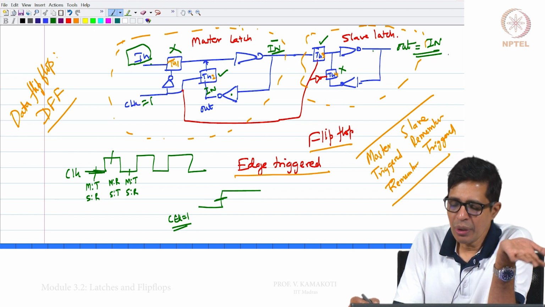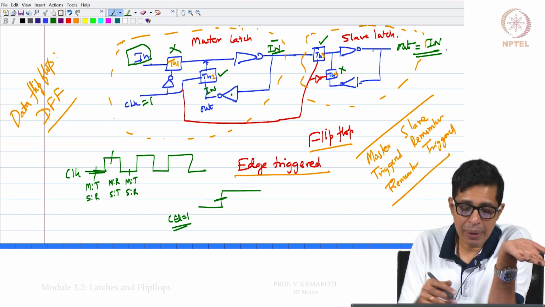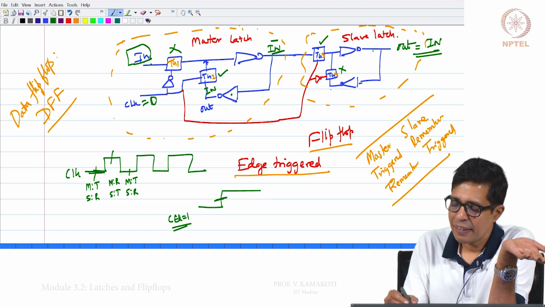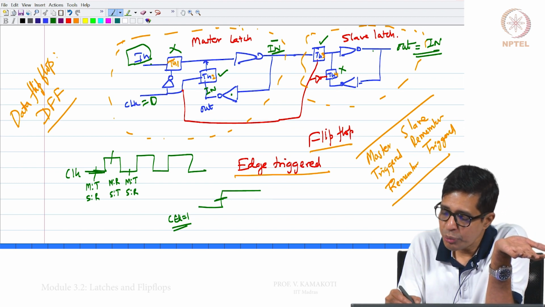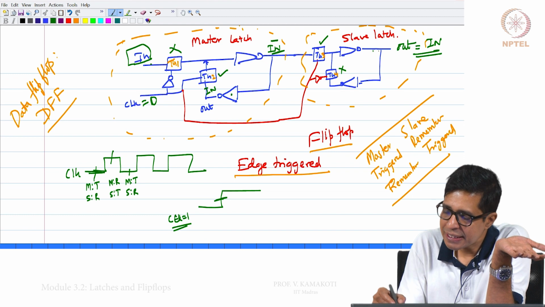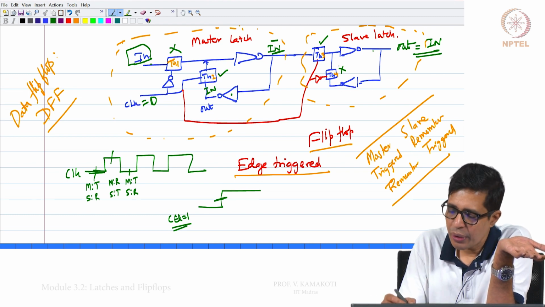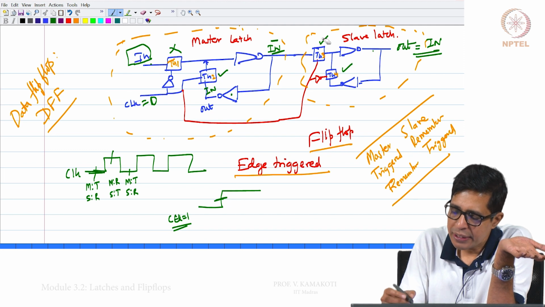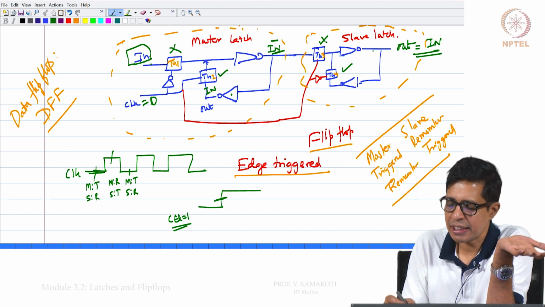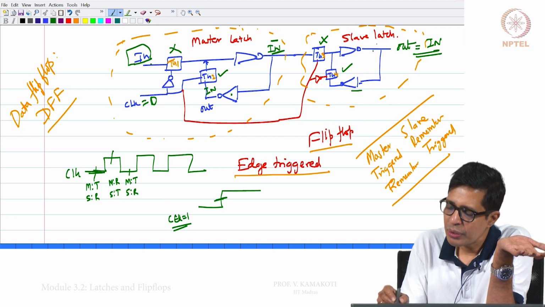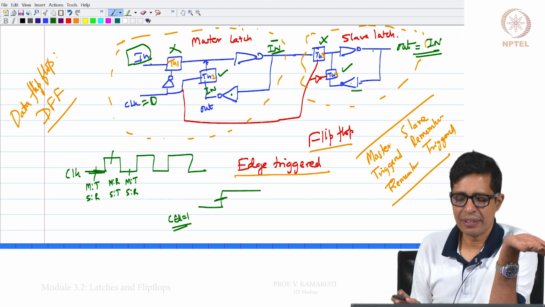Now, when the clock actually becomes 0 again, that value will be remembered by this slave latch, right, because when the clock becomes 0, Tg4 is on, Tg3 is off, and the latch remembers that value. So that in is basically remembered here.